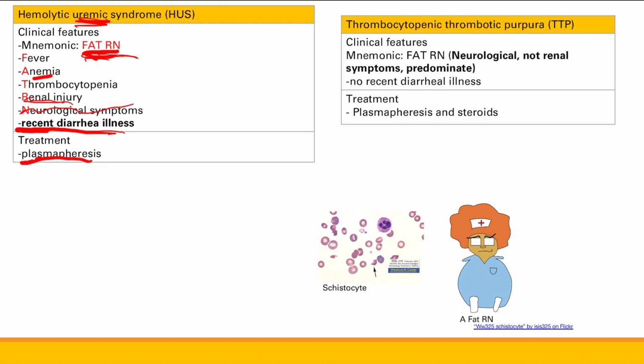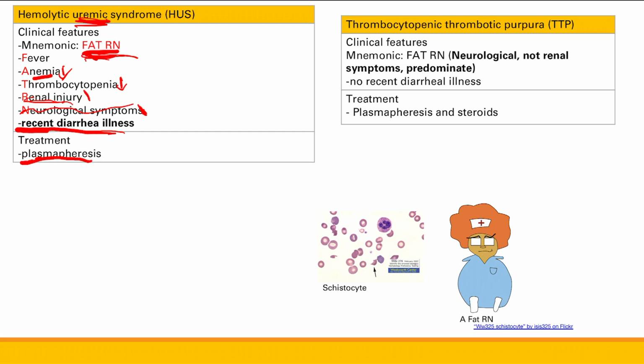Next is the thrombotic thrombocytopenic purpura. Same clinical features. These are both microangiopathic hemolytic anemias. So you get the same things. You get low platelets from consumption. You get low red blood cells from the shearing, and then you get all these inflammatory factors. You get damage to these because of obstruction of the vessels, obstruction of the kidney, obstruction of little brain vessels. And that's how you get damage.